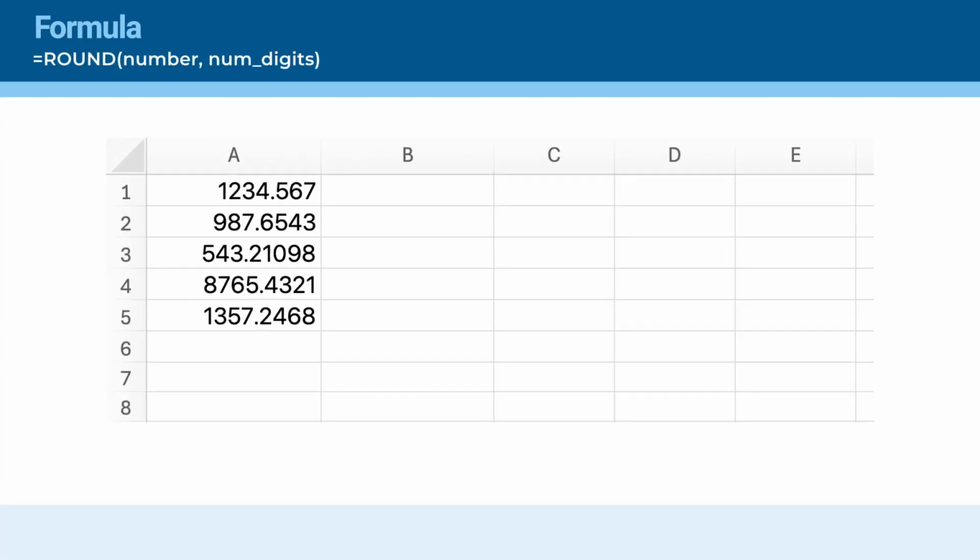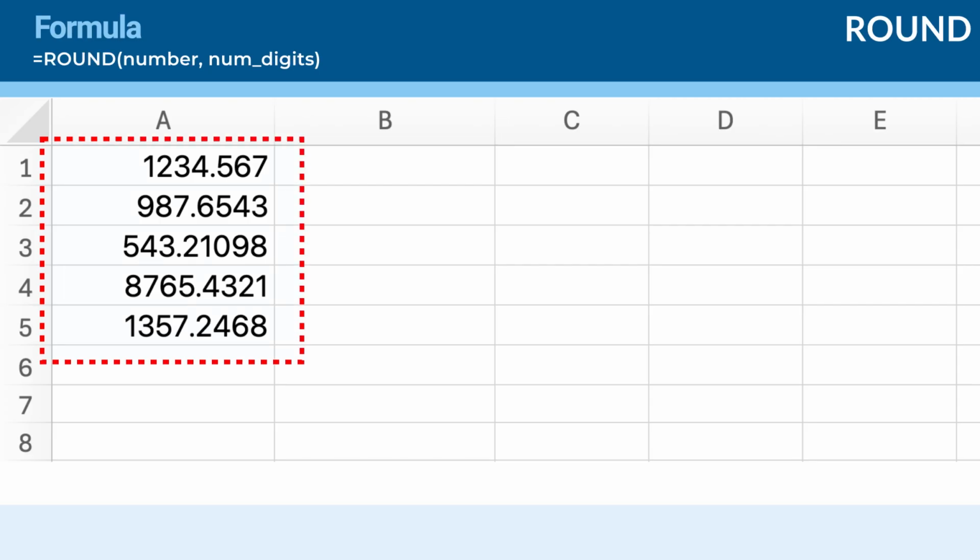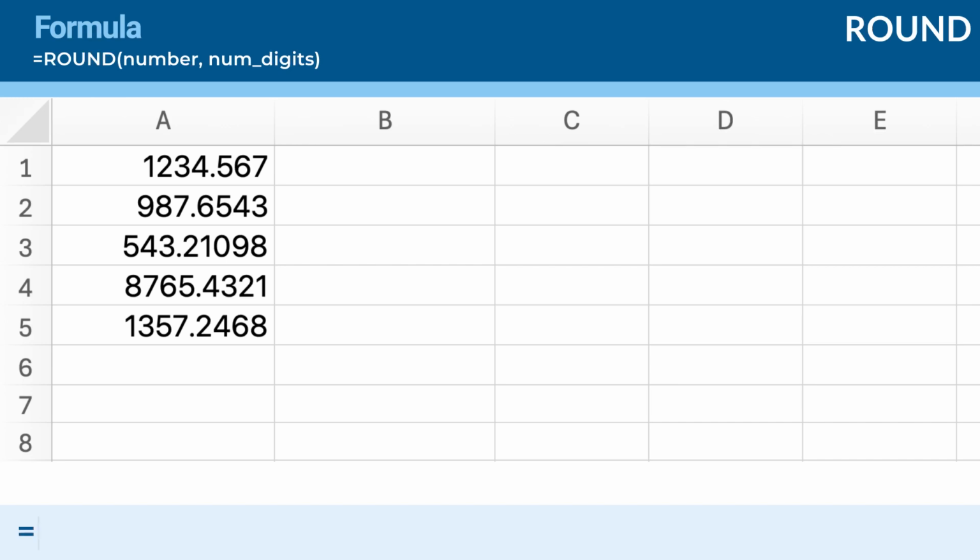Let's start by setting up our data. Imagine you have a list of sales amounts that are recorded with several decimal places, and you want to round them to 2 decimal places for consistency in your financial report. Enter the sales amounts in cells A1 to A5. These amounts are recorded with varying numbers of decimal places, but for presentation purposes, you want to standardize them to 2 decimal places. In cell B1, enter the formula =ROUND(A1,2) to round the number in cell A1 to